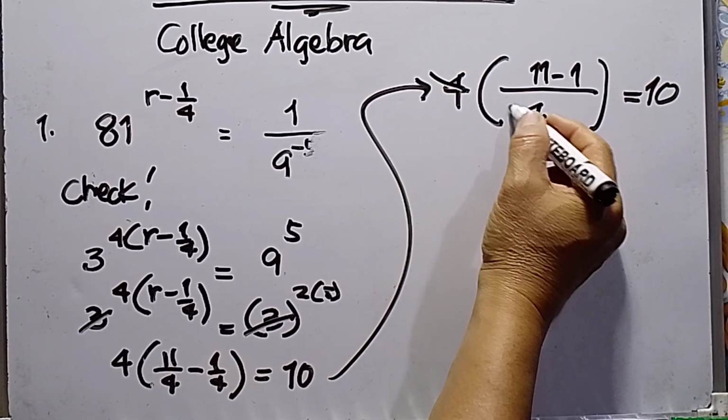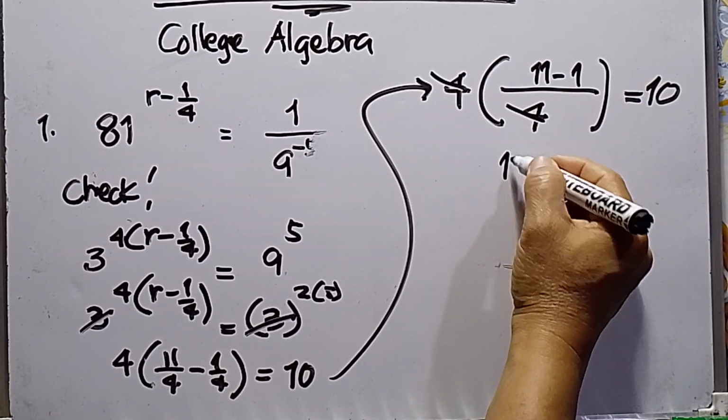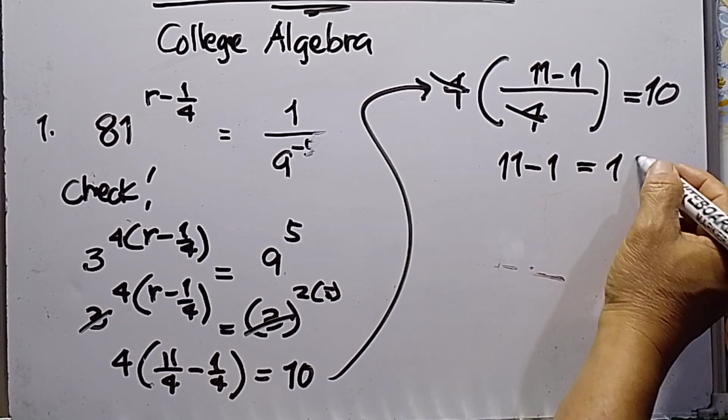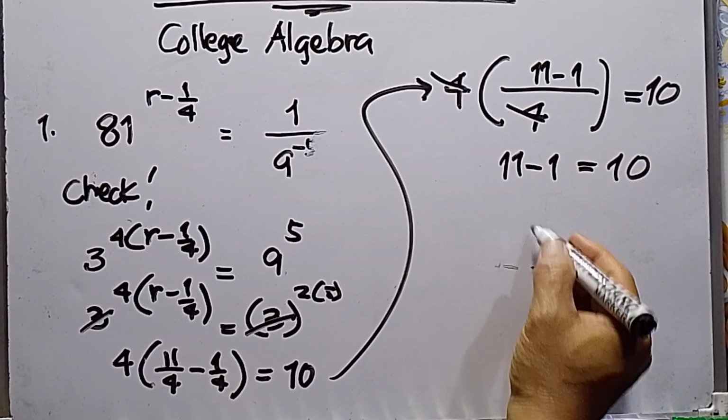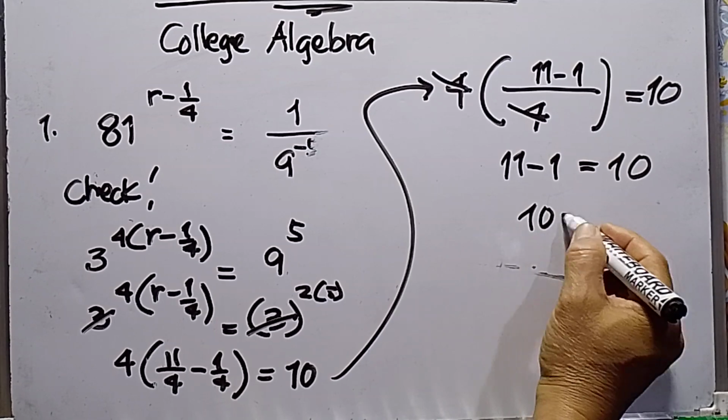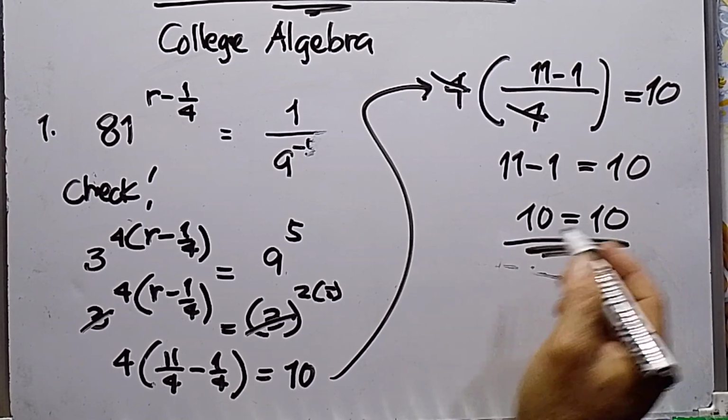So the 4s will be crossed out. So 11 minus 1 equals 10. So 10 is equal to 10. So therefore, the value